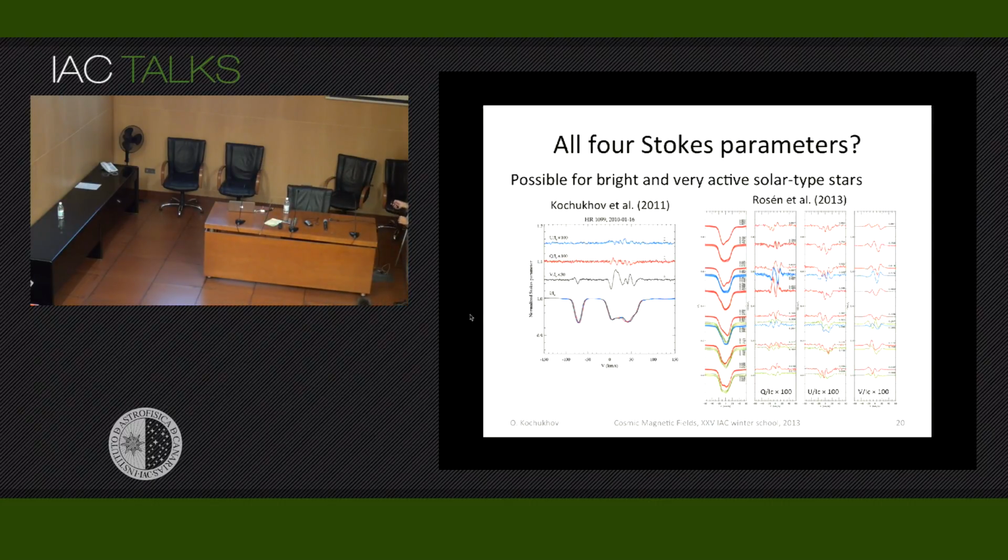So what you see here is Stokes I. It looks so strange because it's a binary star. So it's a giant star locked with a dwarf star. So the dwarf star is this one, and this is a giant star. The profile is very much distorted because we get